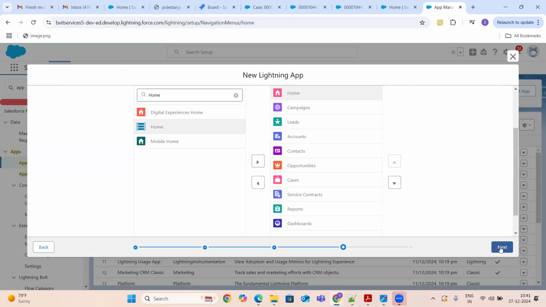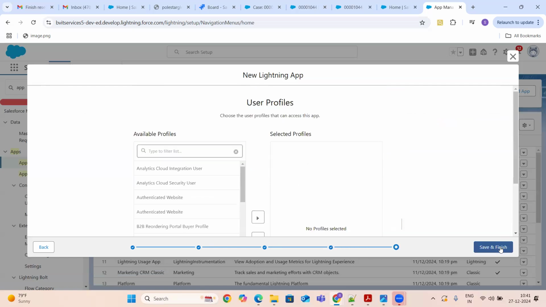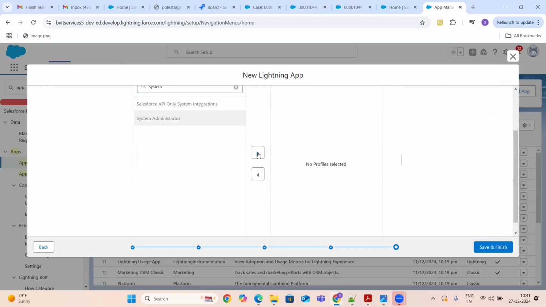I'm clicking on next, and available profiles. Which profiles should this app be available to? So I'm selecting the system administrator profile, and you can select any other profiles also.